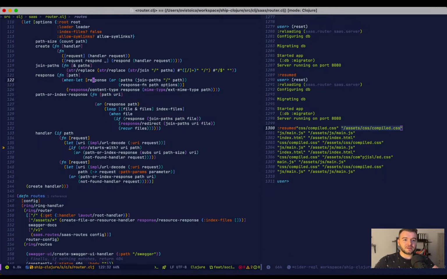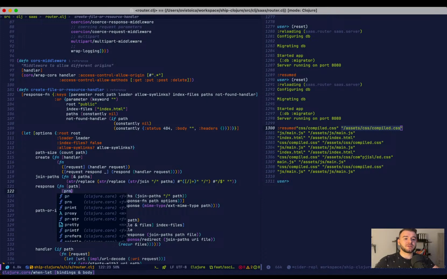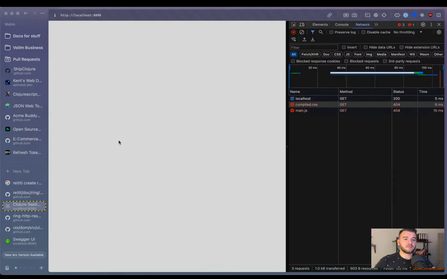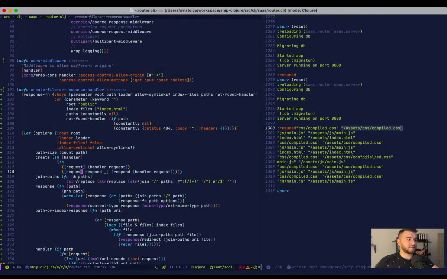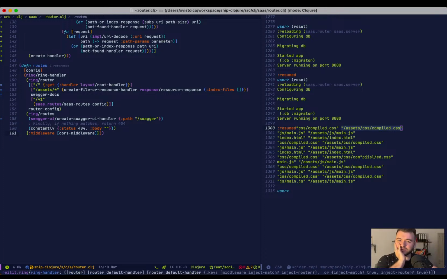So response FN. Okay, path. What path does it use here? Because then it should work. No, wait. Try using the conflicts constantly nil router option. I thought I did already something with conflicts. Let me check. But I don't think it's that, man, because